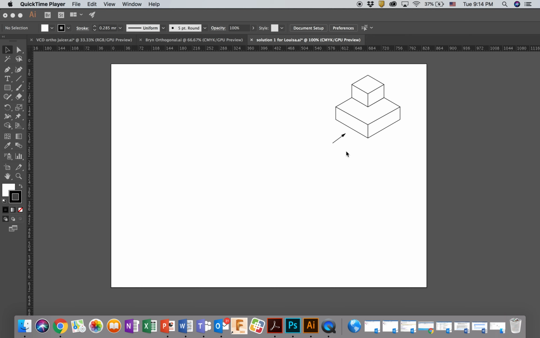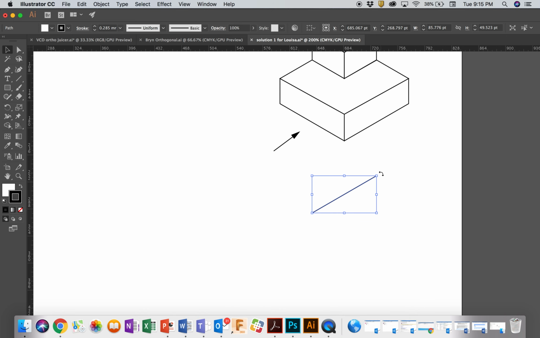So I'm going to be using the left hand side as my front view as indicated by the arrow. So the first thing I want to do is draw what I see here. So I can actually go in, using the pen tool, and do this. All right, and we've got that, and we'll move it away. And now what I'm going to do is hold down my shift key, and I can actually just zoom in a little bit, and I can actually